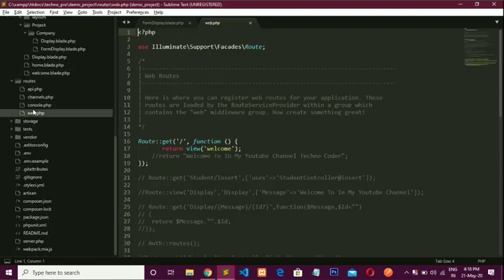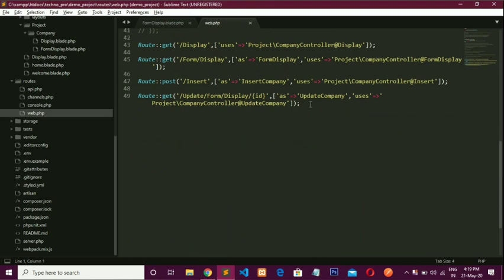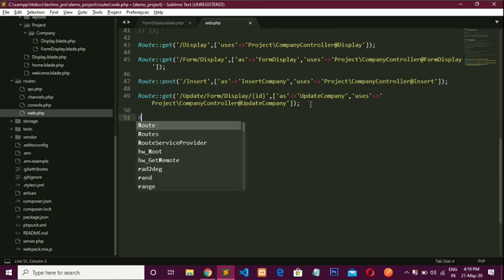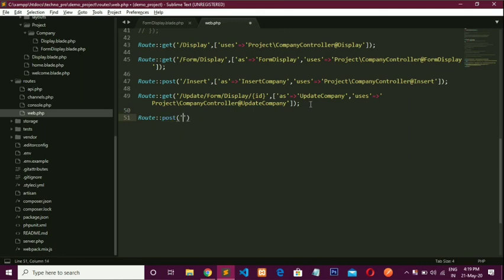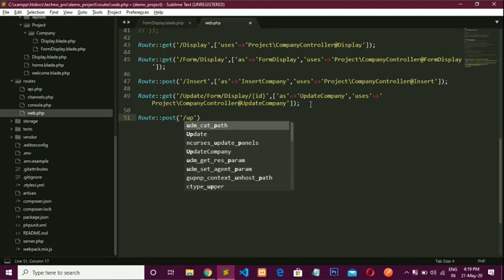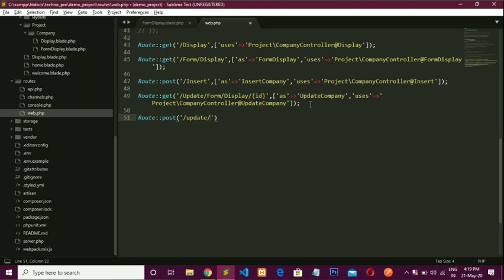So go to web.php and write a second route for insertion, which is route post, and update / form. Okay, now in the second argument write first the variable as, which contains the value update.